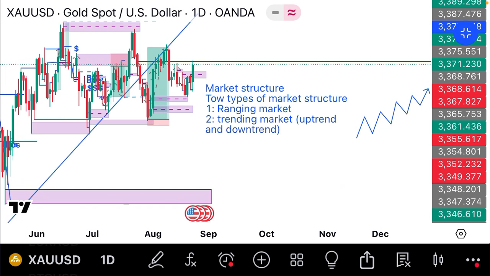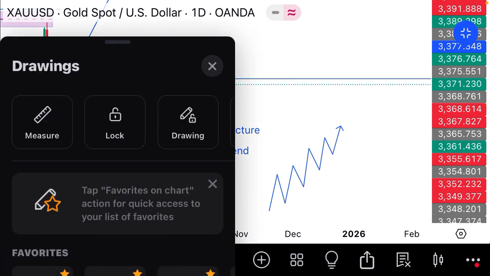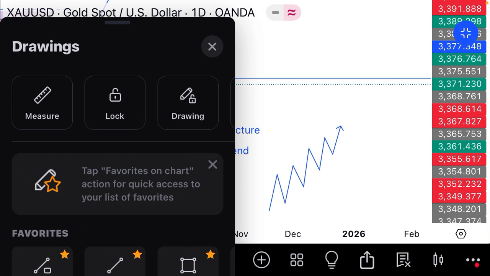We have ranging market and we have trending market. In that trending market, we have uptrend and downtrend. So, what is market structure? Market structure is just price, how price reacts in the market. Like the basic market structure, uptrend and downtrends. Like here,